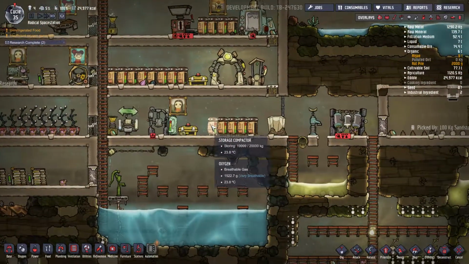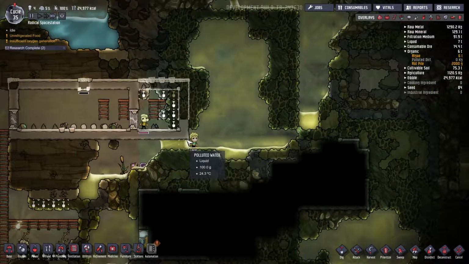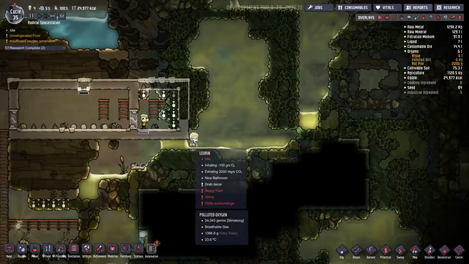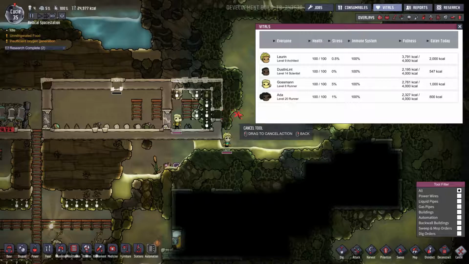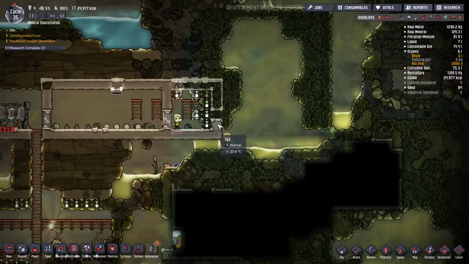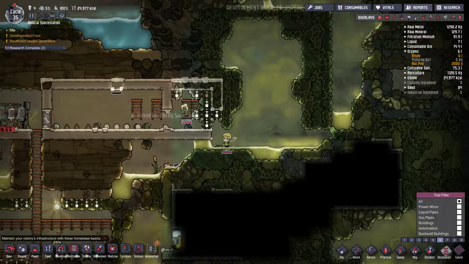Very breathable again, okay. I don't understand why we have insufficient... Oh! Lauren! What have you done? What have you done to yourself, Lauren? You idiot of a person. Cancel that. Dig this out at a 6. Deconstruct this at a 6. Build